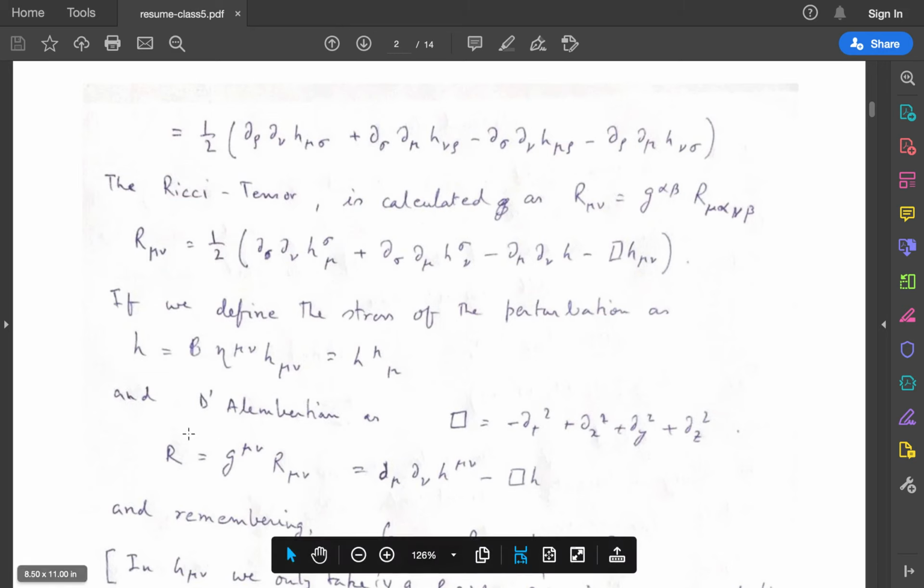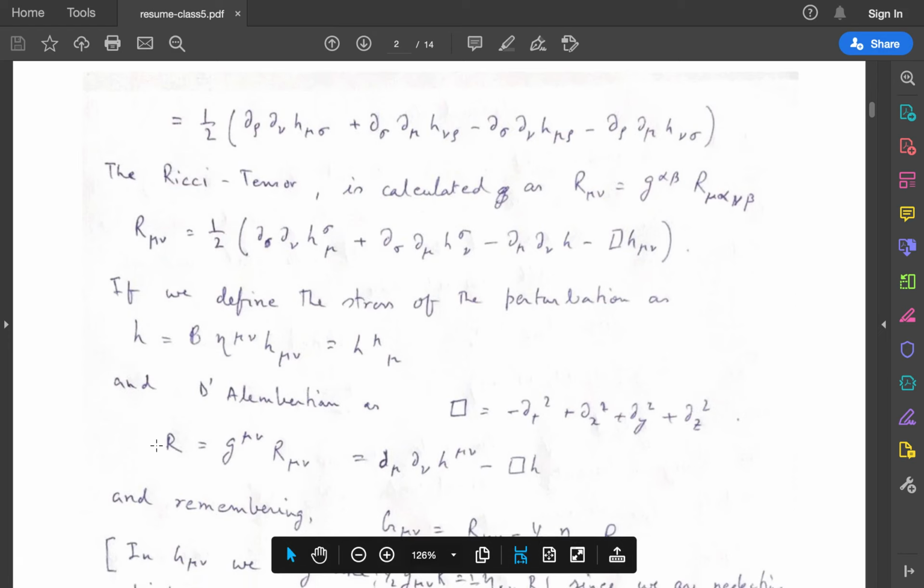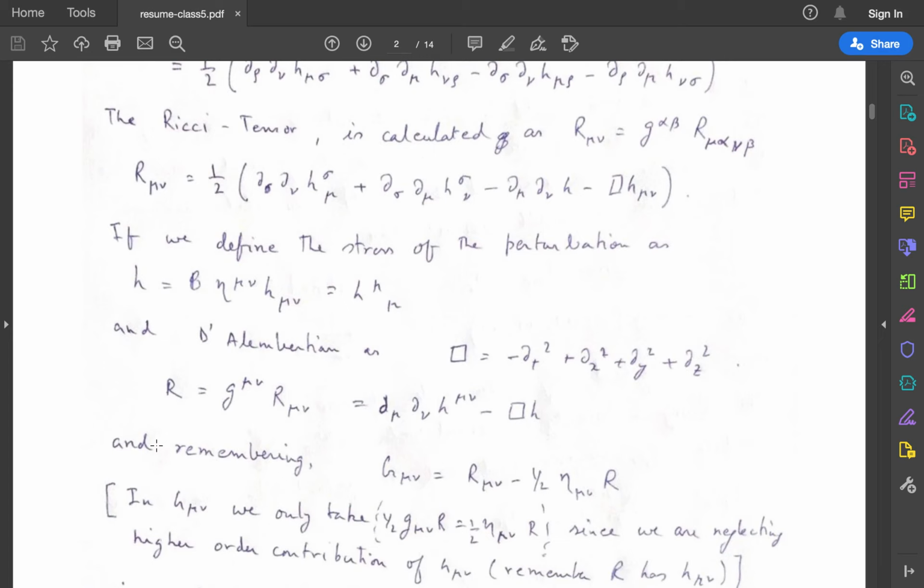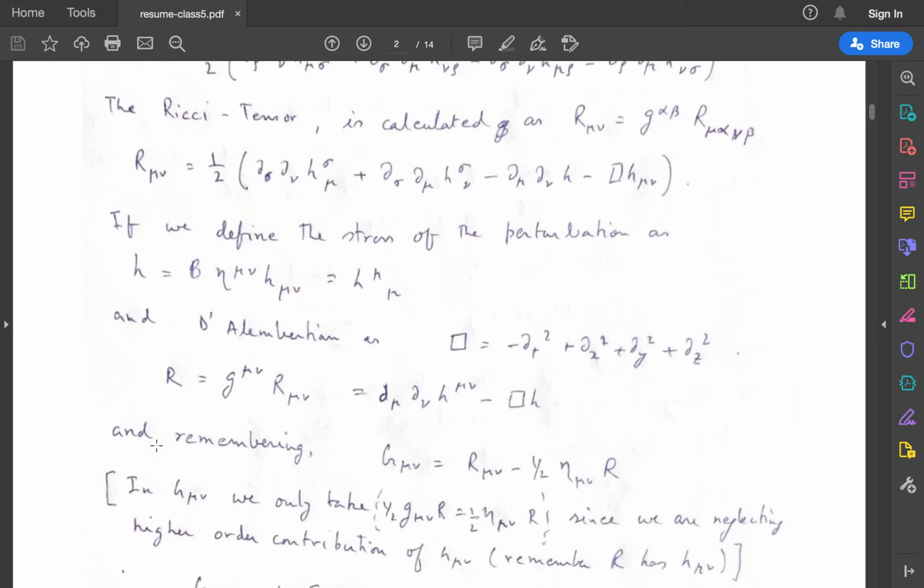What we need to do is calculate the Ricci scalar. Remember that to find the Einstein tensor, we need both the Ricci tensor and the Ricci scalar. So the Ricci scalar, in terms of h mu nu and the d'Alembertian, can be written in this form: del mu del nu of h mu nu minus the d'Alembertian of h, where h is defined as this. Okay, so